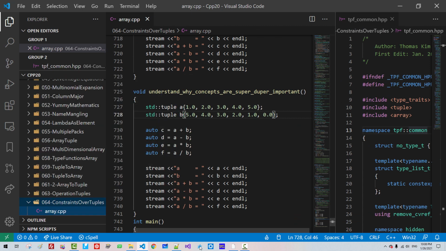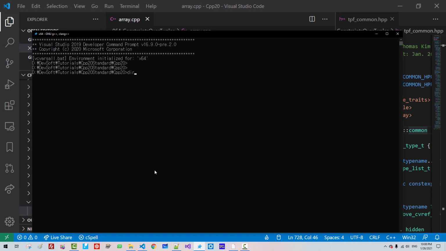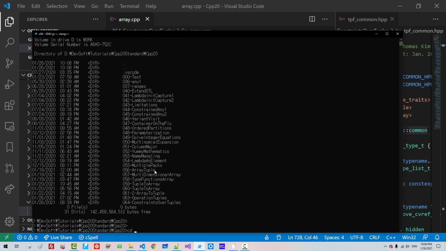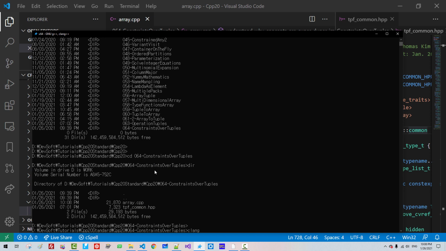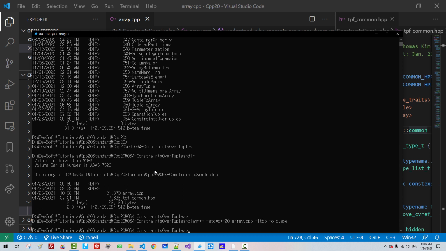I made a misspelling. Rename it constraint. Open the command line again, cd 064 constraints over tuples. clang++ array.cpp, and output c.exe. Hit enter.